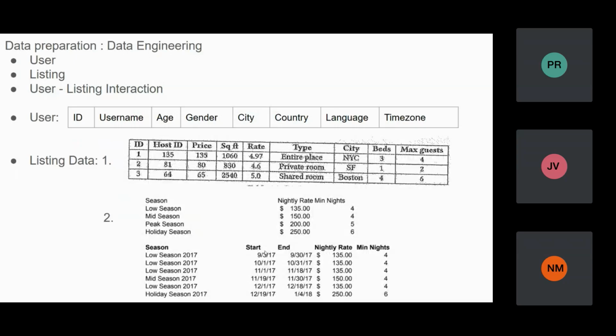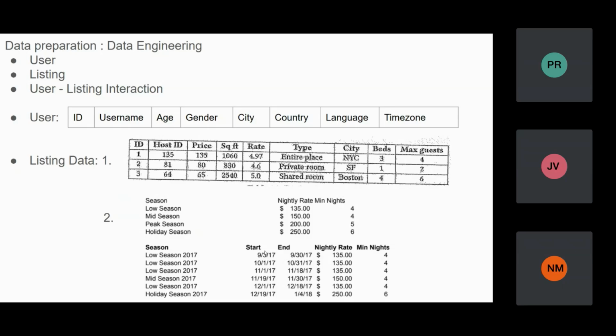Moving further with the data preparation, in data engineering we have user data, listing data, and user-listing interaction data. This is what the user data looks like, the kind of data social media platforms normally collect. Then there is listing data, and there are two examples of what listing data might look like